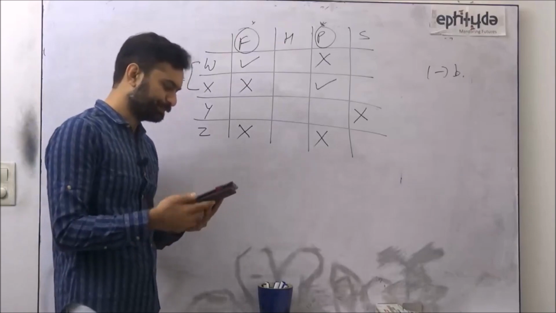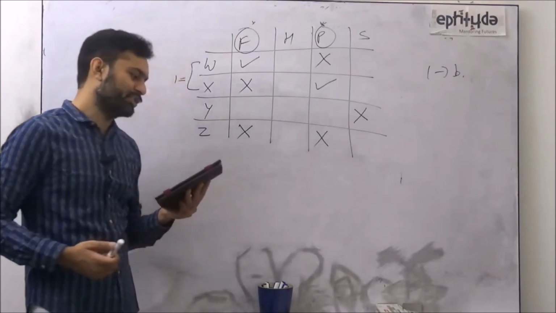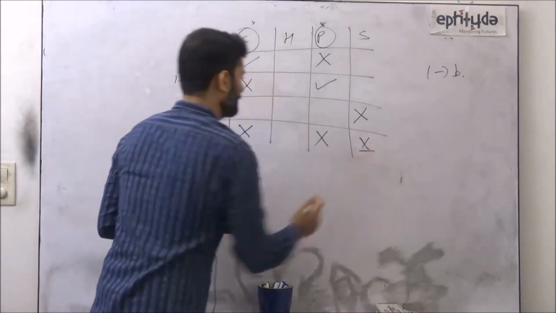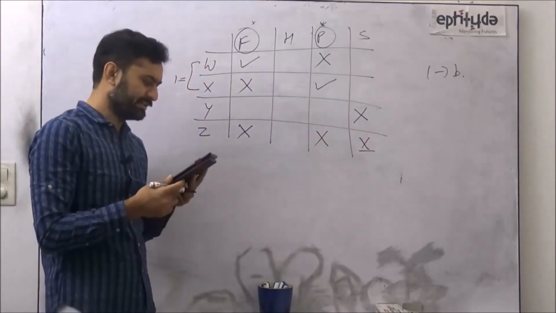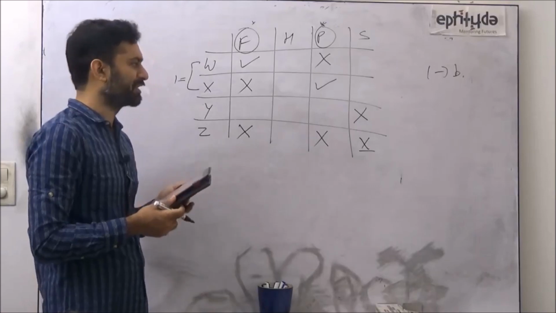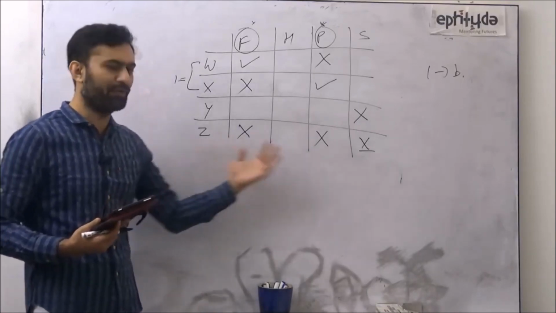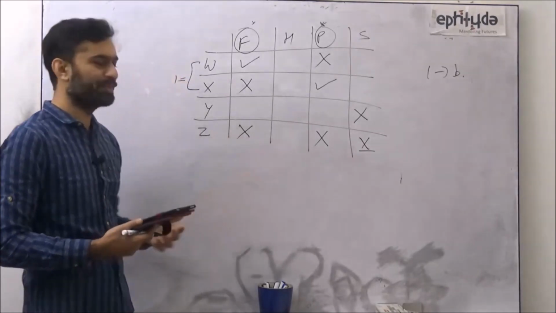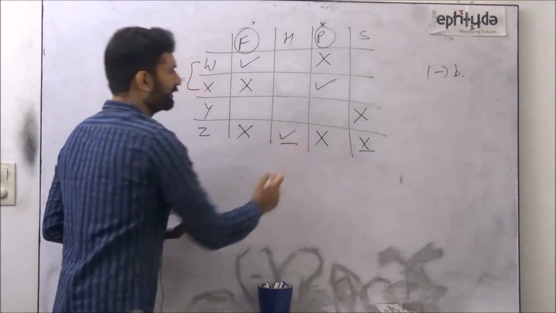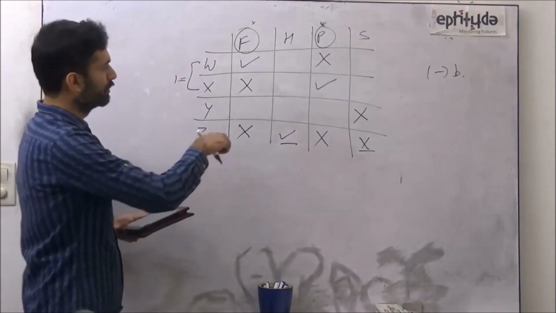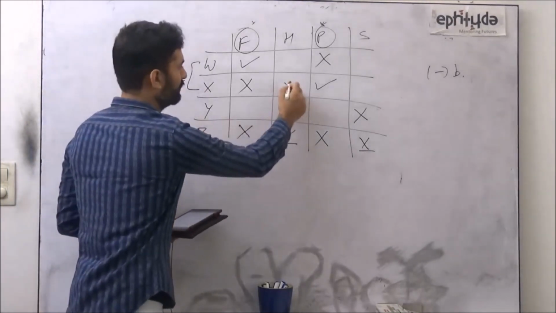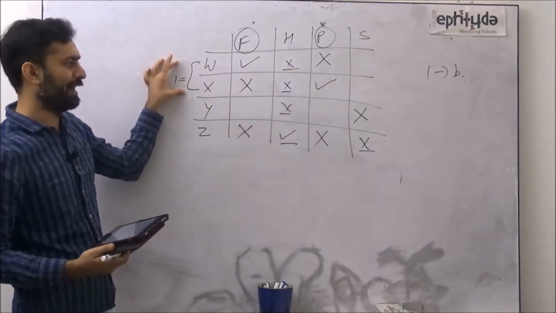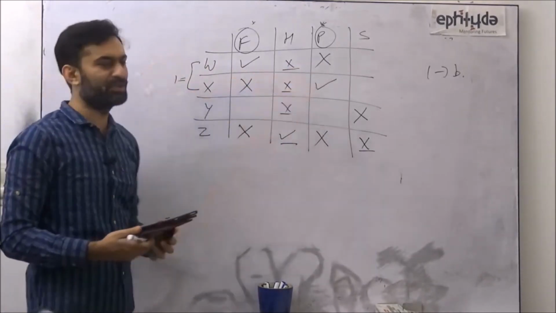Come to question number 2. If sweating is not a side effect of medicine Z, then which of the following statements must be true? Again, must be true. So I'll go for deductions. If not sweating, it has to be H. If H, nobody else can have H now. And now W and X have to have one common. So that has to be sweating.